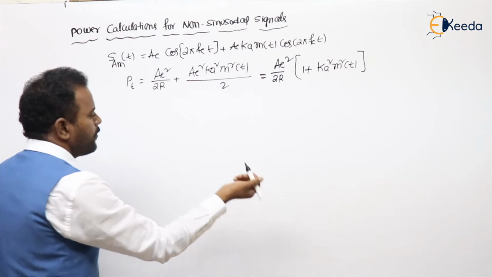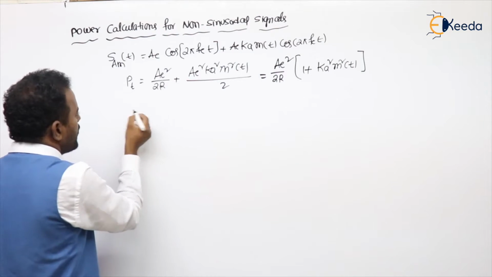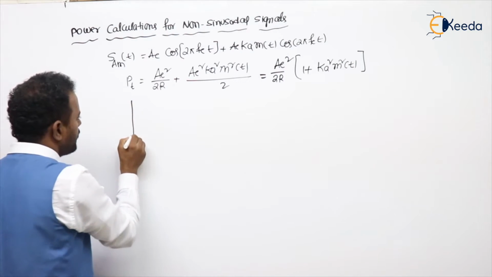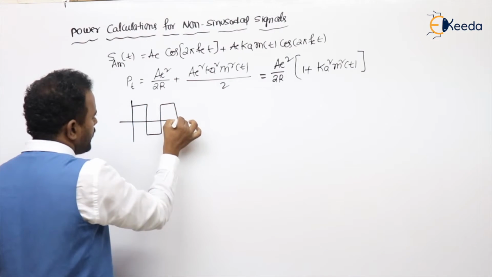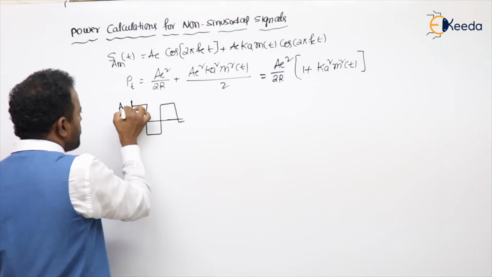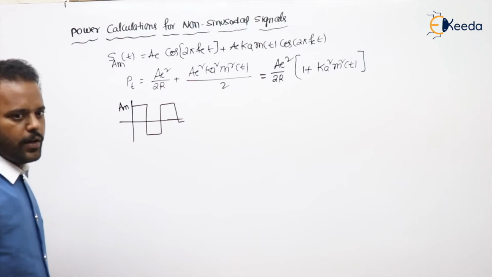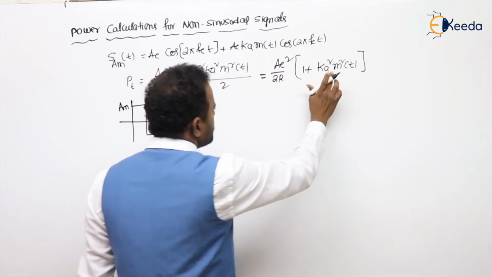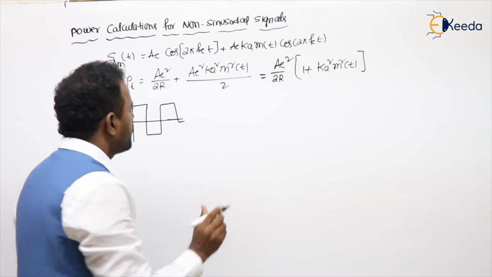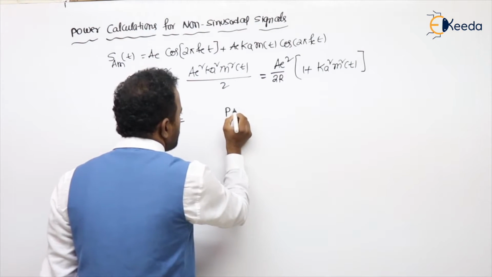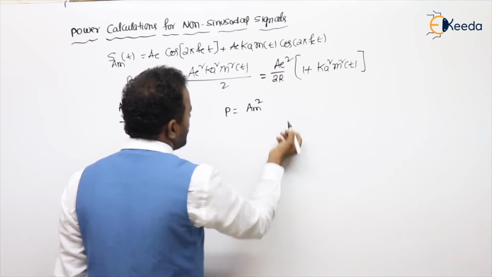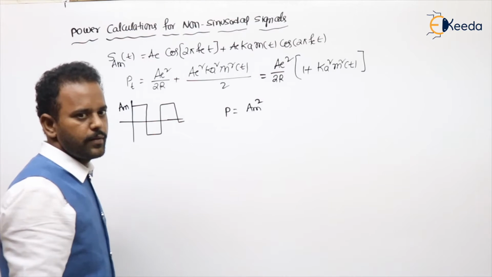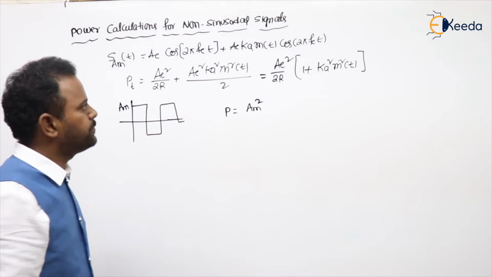First I am calculating for a square waveform. For example, this is a square waveform we have, and so on. Let's take the amplitude as Am. Now, what is m square? It is the power of the message. What is the power of the message? RMS value whole square. What is the RMS value for a square waveform? Am only. So Am square. Are you getting my point or not?